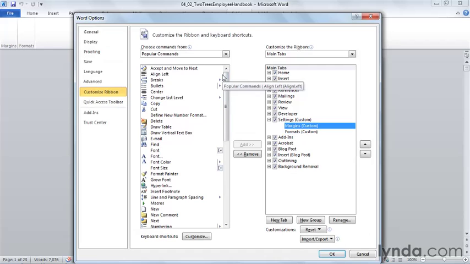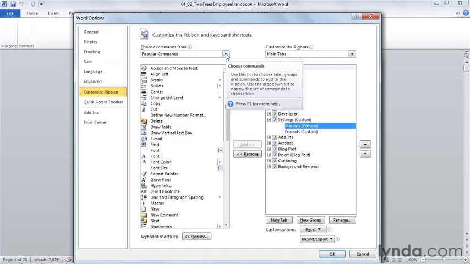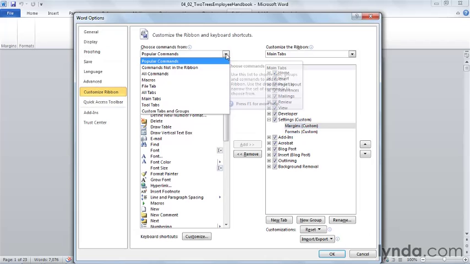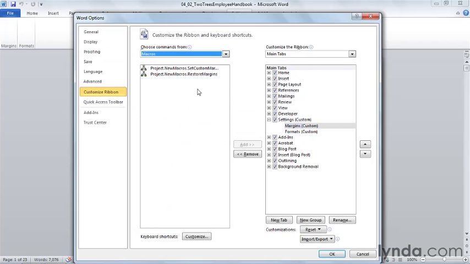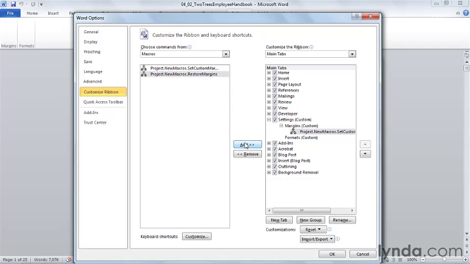The commands that we want to add to the Margins tab are both macro buttons. So we're going to click the Choose Commands From drop-down, choose Macros. We'll find there are 2 macros. And I'm going to click Add for each of them to send them both over here. Now, they have very long names,